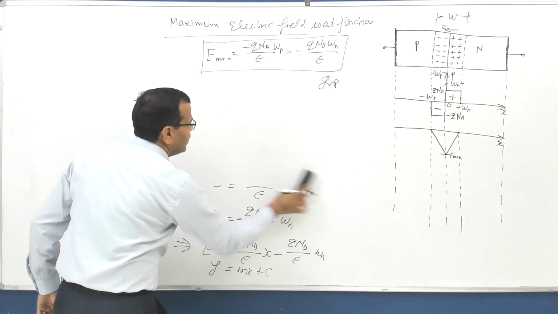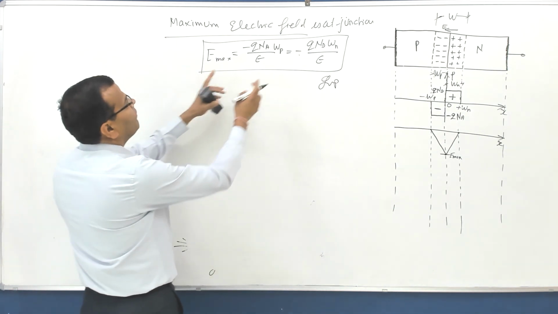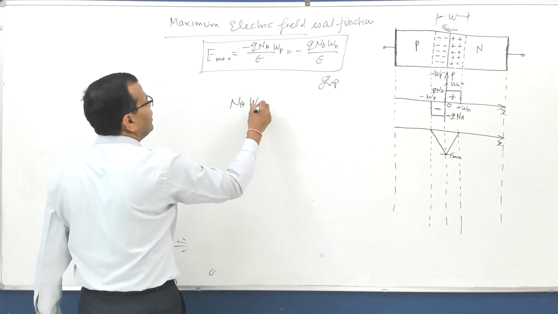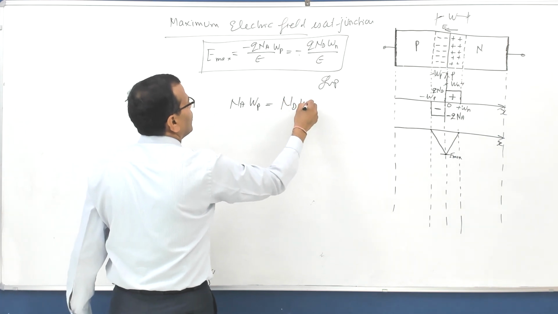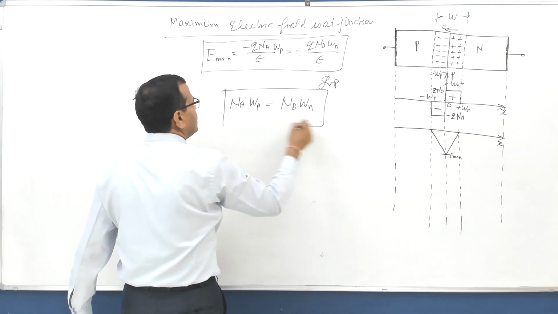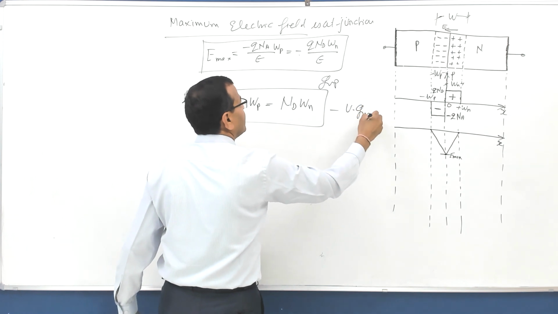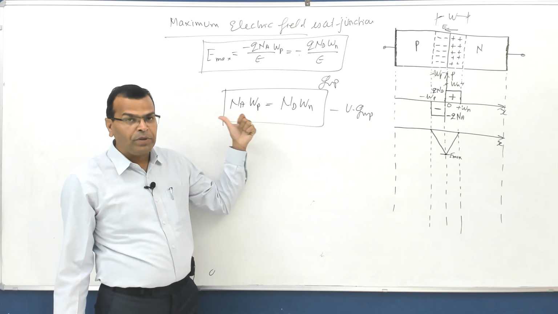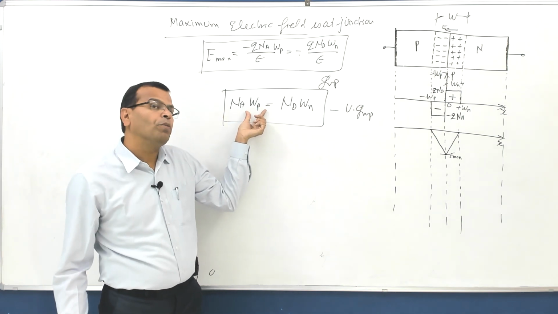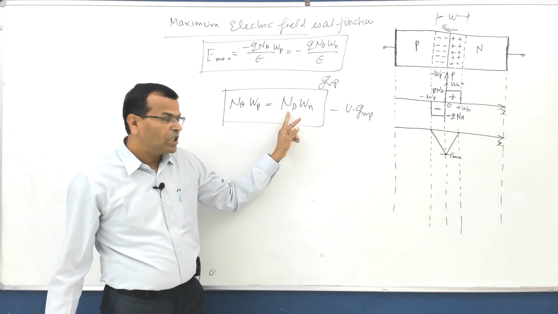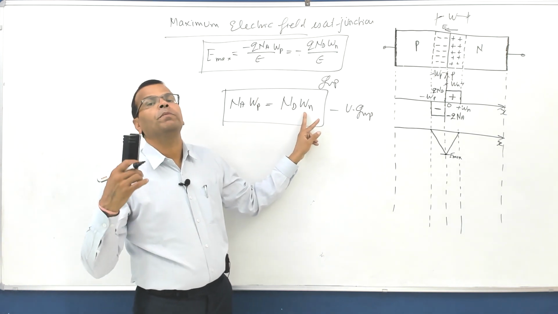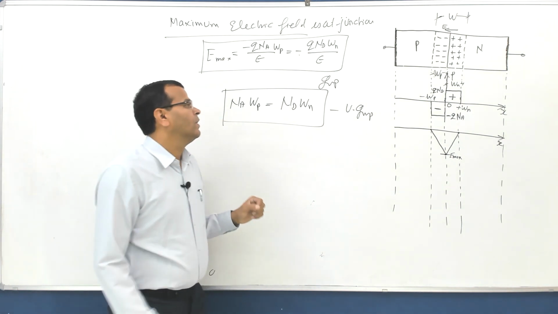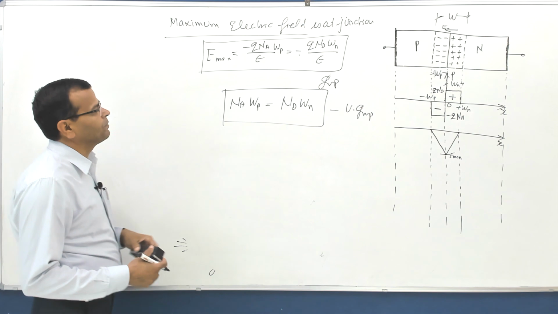Now if you compare these two, what I find here is this and this get cancelled out, so this gives NaWp is equal to NdWn. This is rather very important relation. I repeat, the charge density on P side multiplied by width of the depletion layer on P side is equal to charge density on N side multiplied by width of the depletion layer on N side. That is what you have. So I hope you will remember the relationship. Now